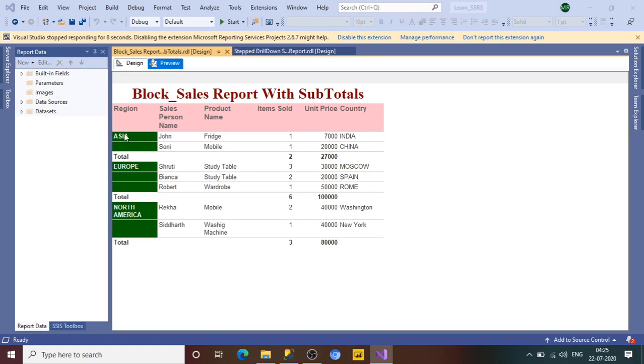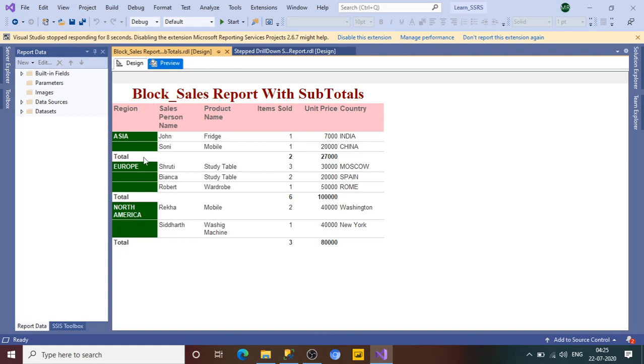So here you can see the reason section, this is now highlighted in white color, and under this reason we have a total of units sold and unit price total of 27,000, which is nothing but 20,000 plus 7,000. And when we talk about Europe, then we have this total. Okay, for North America we have this total.